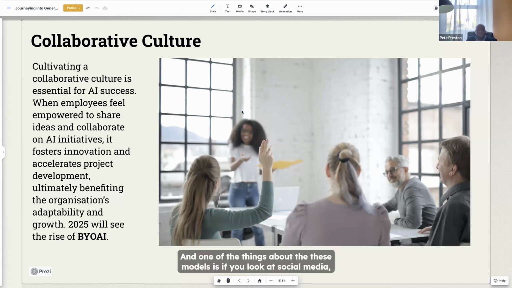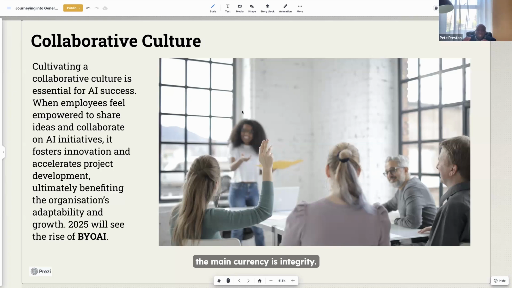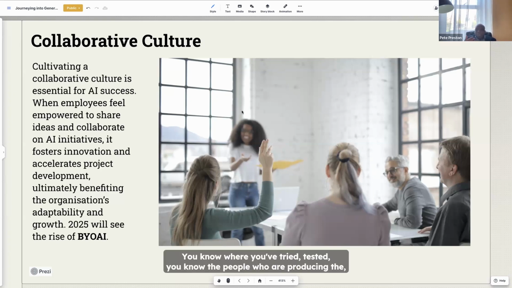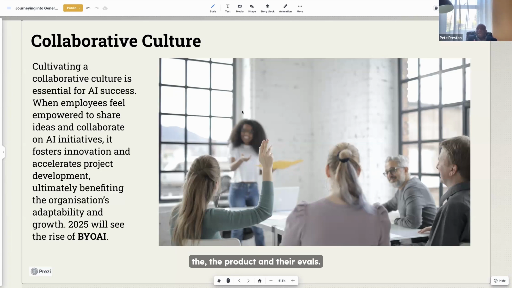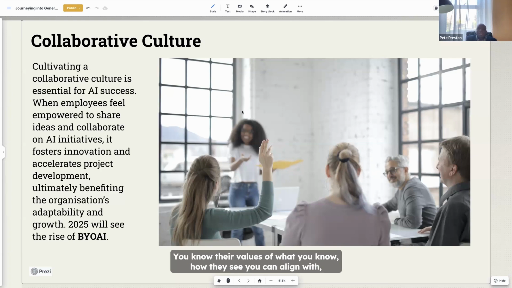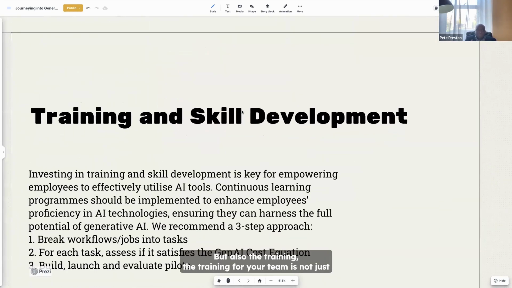And one of the things about these models is if you look at social media, the main currency there is attention. Whereas with the AI, the main currency is integrity. So integrity is key, where you've tried, tested, the people who are producing the product and their evals, their values of how they see. You can align with their core values and things like that. But also the training